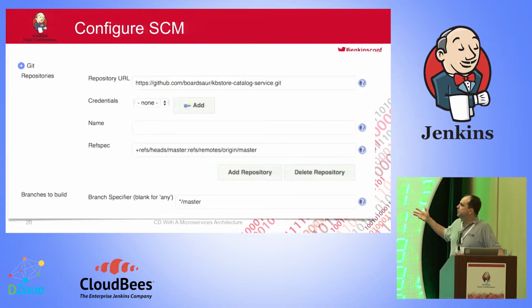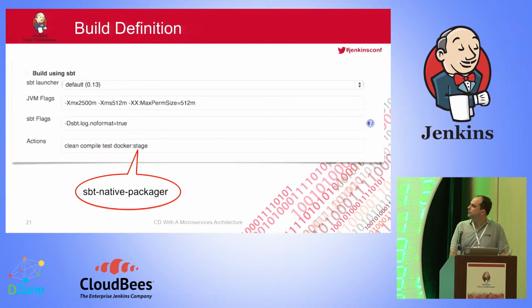Of course, I'll want to configure SCM. I like to set my ref spec to pull exactly the branch that I want, and that'll come up a little bit later. I'll build with the SBT builder because this is an SBT project. I set all of my flags. And then my last action that I have in here, Docker::stage,